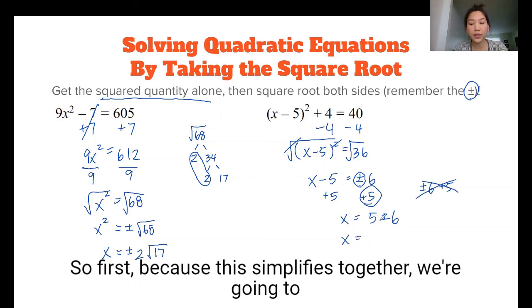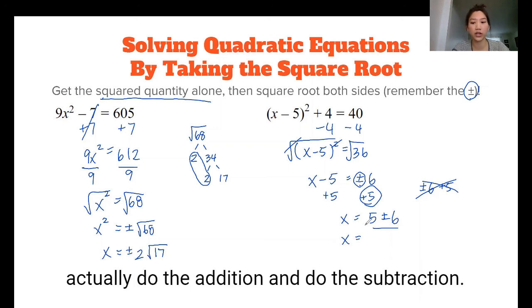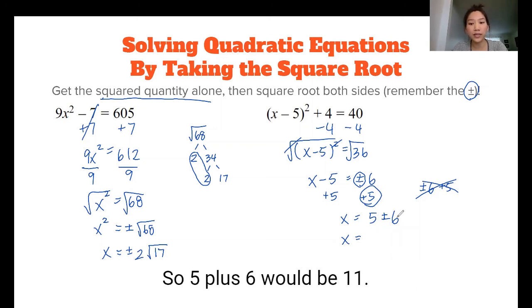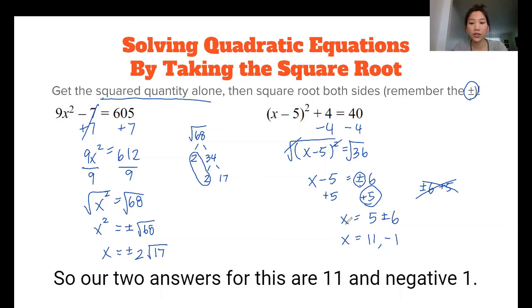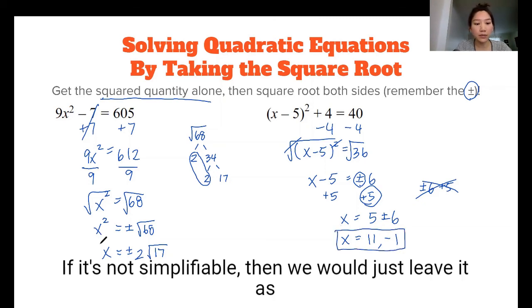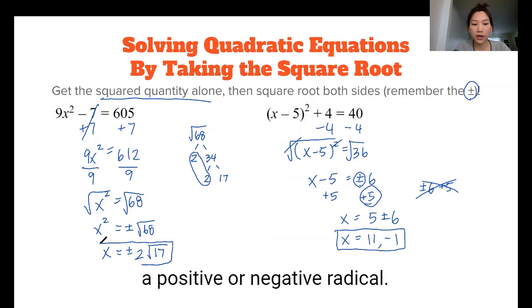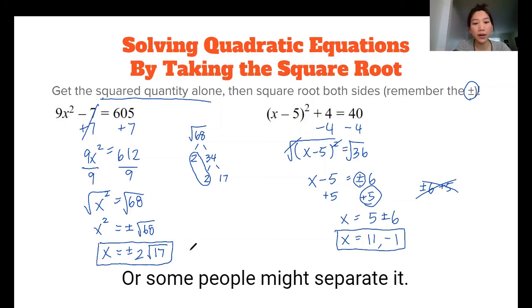First, because this simplifies together, we're going to actually do the addition and the subtraction. So 5 plus 6 would be 11. And then if it was a minus, it'd be 5 minus 6, which gives us negative 1. So our two answers for this are 11 and negative 1. If it's not simplifiable, then we would just leave it as a positive or negative radical, or some people might separate it